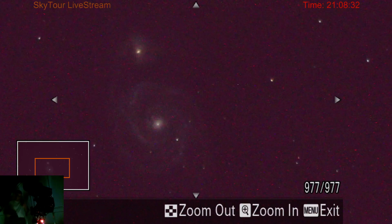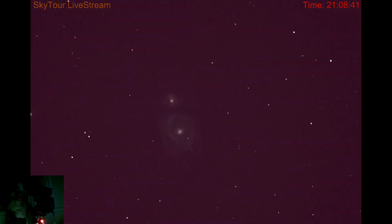And that central core of the galaxy is actually an area in the galaxy where the stars are really compact and compressed around each other. And we think that there's black holes in these galaxies. I mentioned that before. But you know, we think that there's black holes in there. So I think,